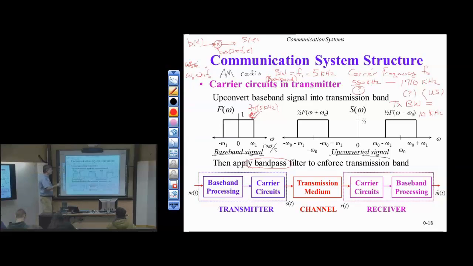So AM radio is based on this mathematical model of multiplying by a time-varying cosine at fixed frequency f naught, and that fixed frequency f naught is the radio station frequency. This is the mathematical model, not the circuit implementation. Okay, that's the transmitter side. On the receiver side,